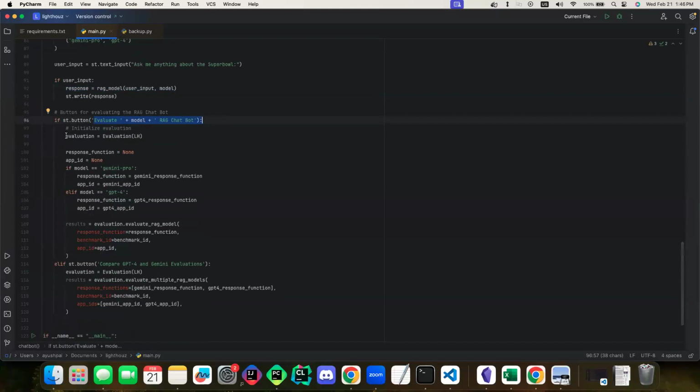And essentially what's happening here is you're initializing this evaluation, and this evaluation is directly integrated from the Lighthouse SDK. You have this response function currently set to none because we're not sure which one we're going to use, and we're not sure which app ID we're going to use, because essentially when we're creating these evaluations, we